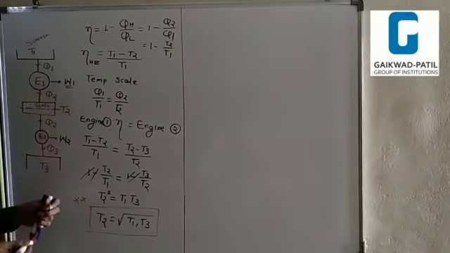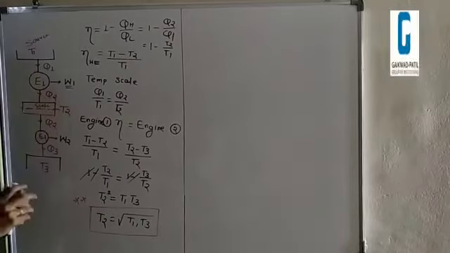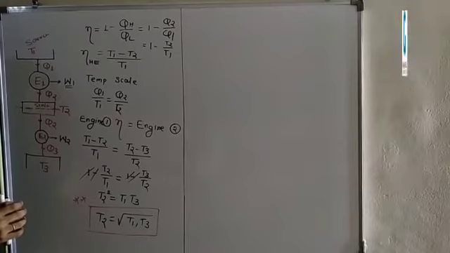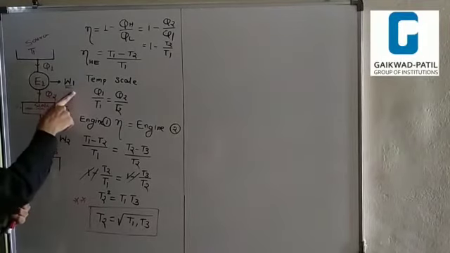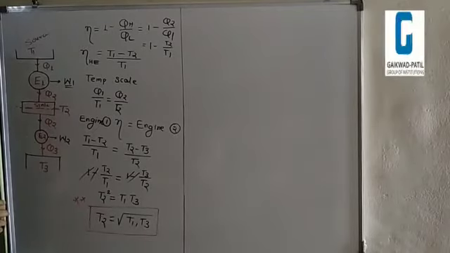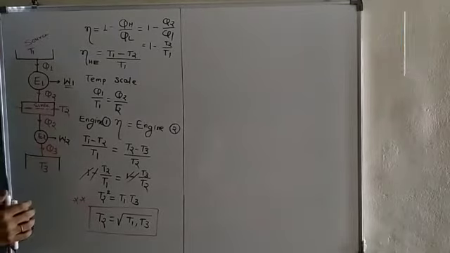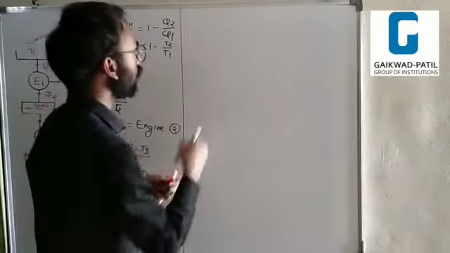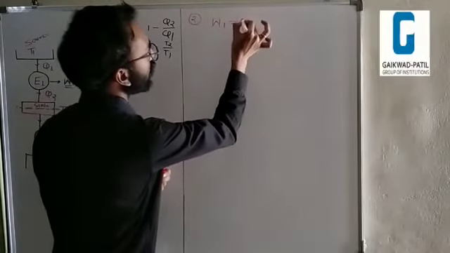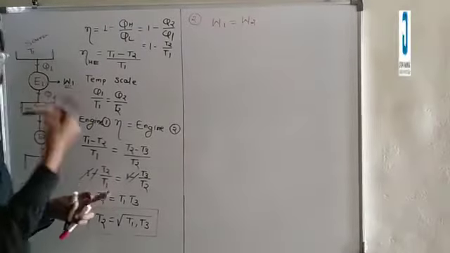Now condition number 2 is when engine number 1 produces W1 and engine number 2 produces work W2. The condition is that कि वर्क डन जो इंजन 1 प्रोड्यूस कर रहा है वो इंजन 2 के बराबर हो जाए, तो फिर क्या आपको टेम्परेचर मिलेगा, इंटरमीडिएट टेम्परेचर उस केस में क्या होगा. Let's see here. Now the work done, condition number 2: the work done by engine 1 is equal to the work done by engine number 2, when the work will be the same.